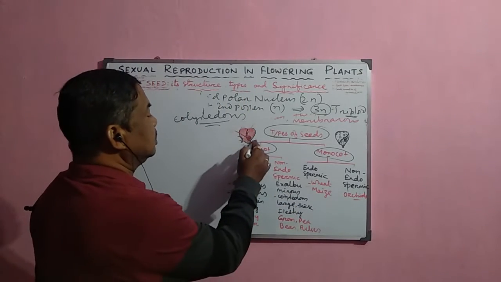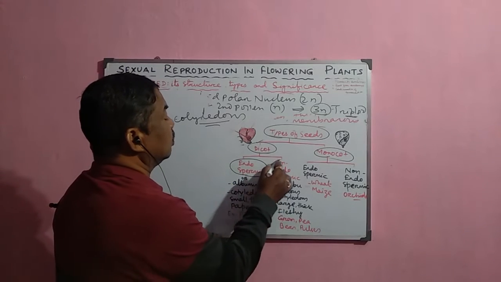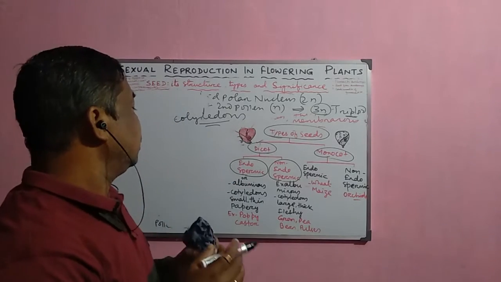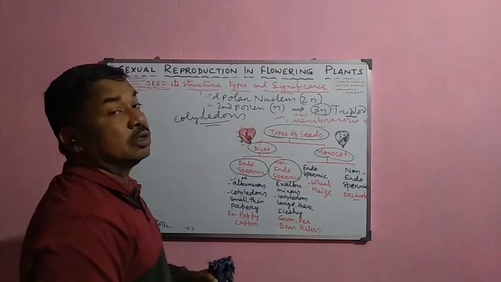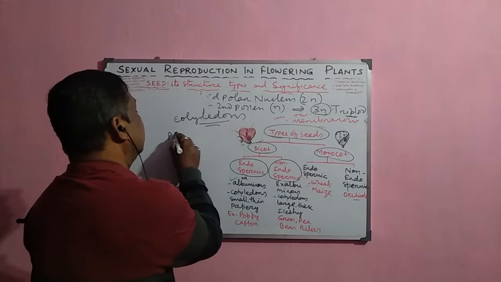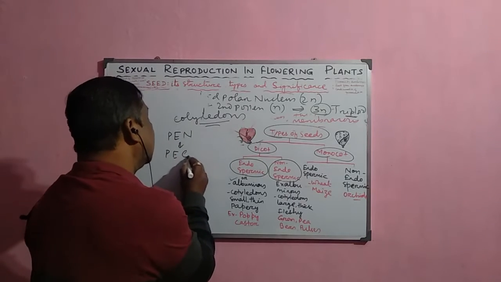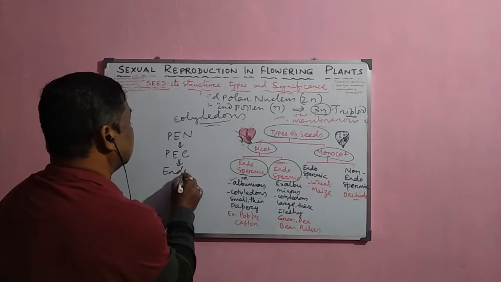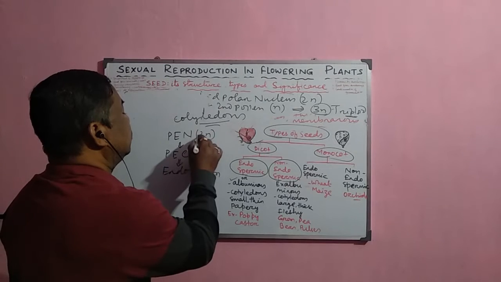Now, these dicot seeds are again of two types. They are endospermic seeds or non-endospermic seeds. Then what are endospermic seeds and what are non-endospermic seeds? The endospermic seeds are also called the albuminous seeds, and normally in this case, the endosperm is persistent. The endosperm which is developed from the primary endosperm nucleus develops into the primary endosperm cell, and from the primary endosperm cell it develops into the endosperm, and this endosperm is completely a triploid cell.